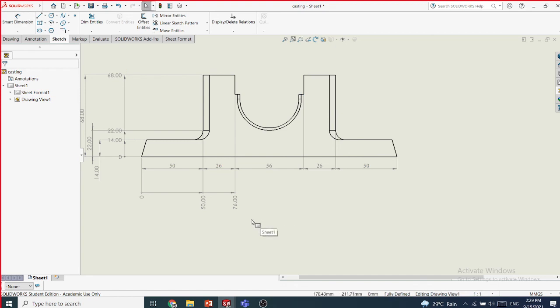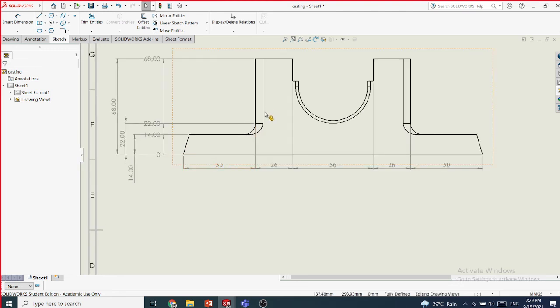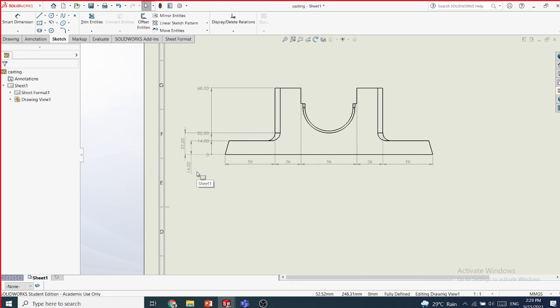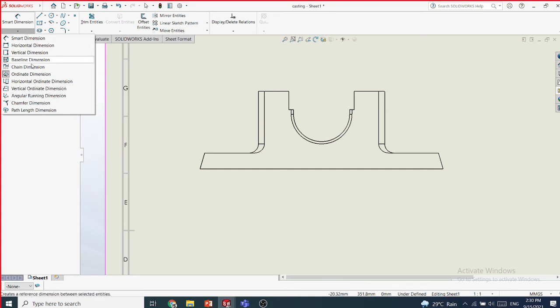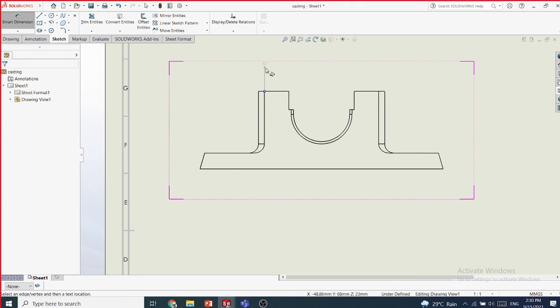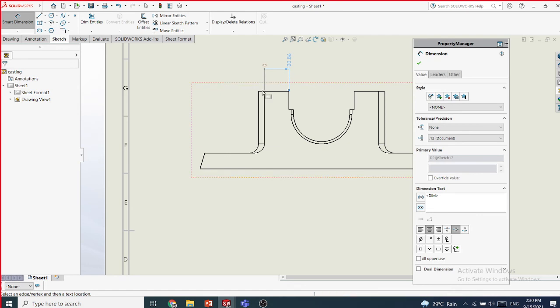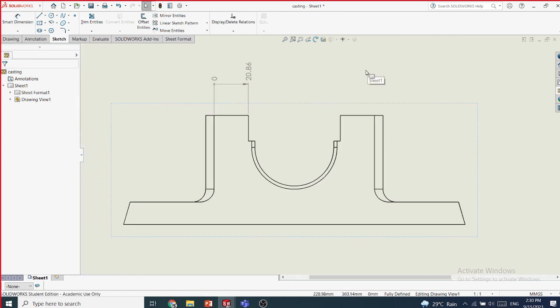Now if you start the ordinate not from here, if you start somewhere from here, what will happen? So I will undo these things. Okay, I can start my ordinate from somewhere else. Normally we start from the corner, but I'll just select the normal ordinate, then you can mark this as 0, and this point will now be 20.86 from here. So if you measure this,